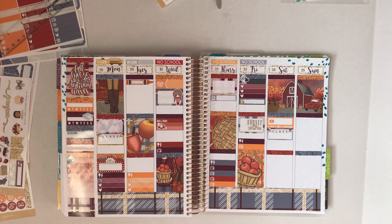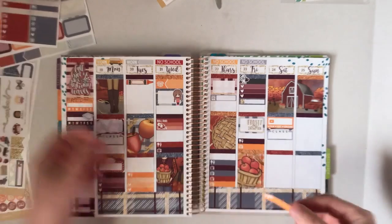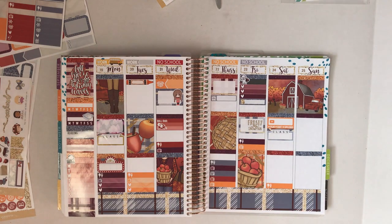I'm hoping to get my hair cut at some point, so maybe that'll be on Saturday. There's no TV shows on Saturday because that's the day I watch my TV shows. So I'm going to go ahead and put down my orange meal little down here at the bottom. So that's pretty empty. Saturday we might go shopping. It could be fun. So Sunday,